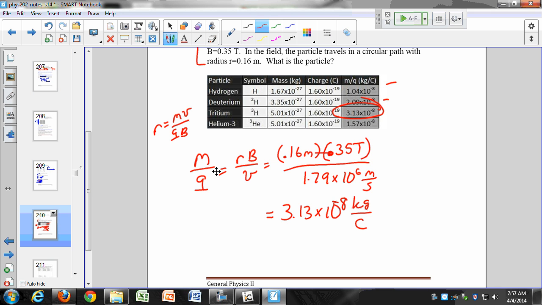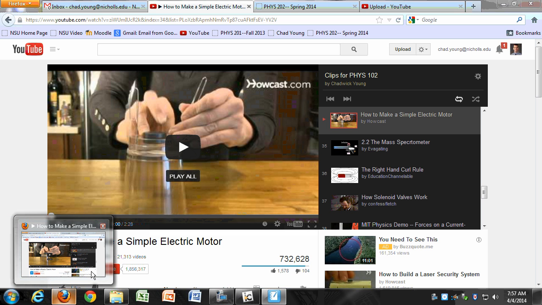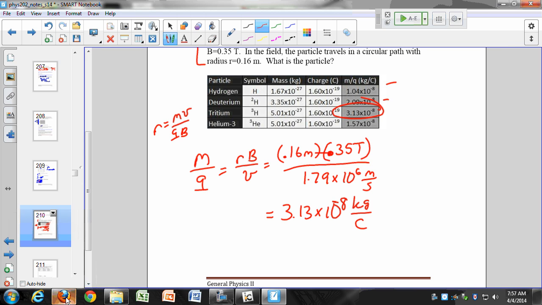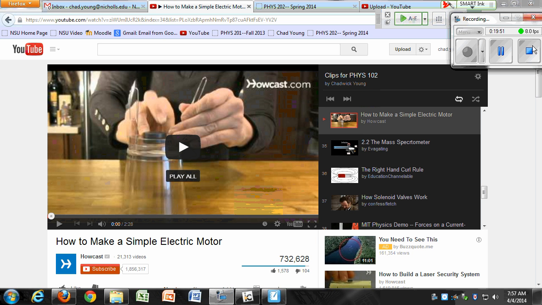All right, so mass spectrometer is pretty simple. I have a quick little video here just about how a mass spectrometer works. You take your sample, you vaporize it, you put it in an electric field to accelerate it, and then you